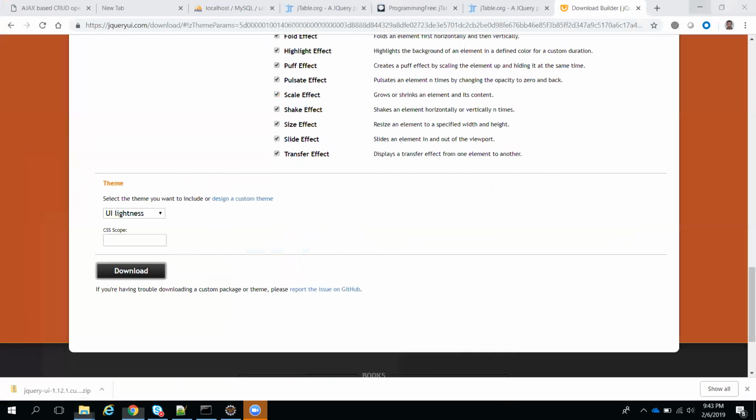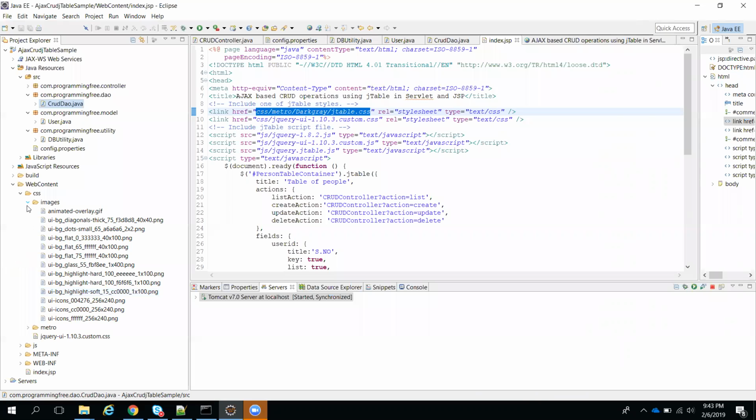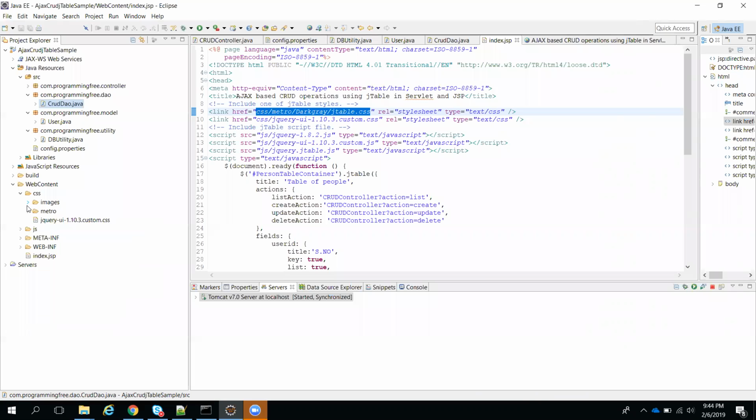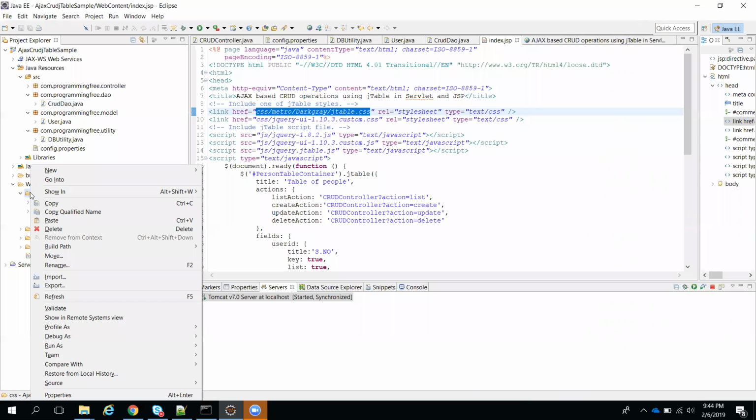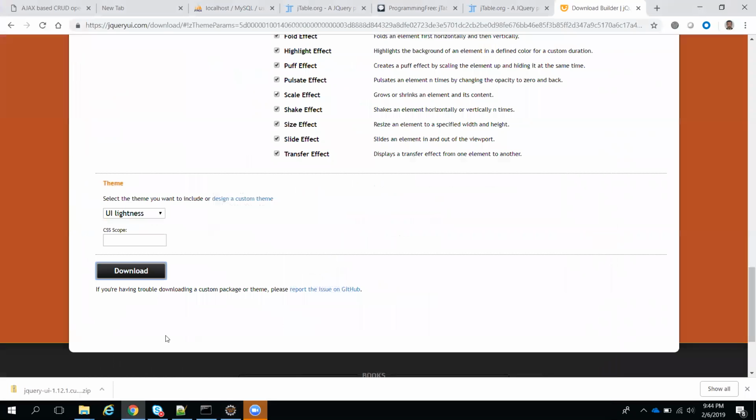I will paste it here. For example, see that so many related images. All of this is required. Here I don't want to spoil our project at present, so inside this CSS, you can copy whatever you want. The theme files, meaning one CSS, are mingled with so many images and icons, and you also need to copy and paste the related images here. Here if you see, there is an images folder and a CSS folder. Like that we need to copy all related files of that particular theme.